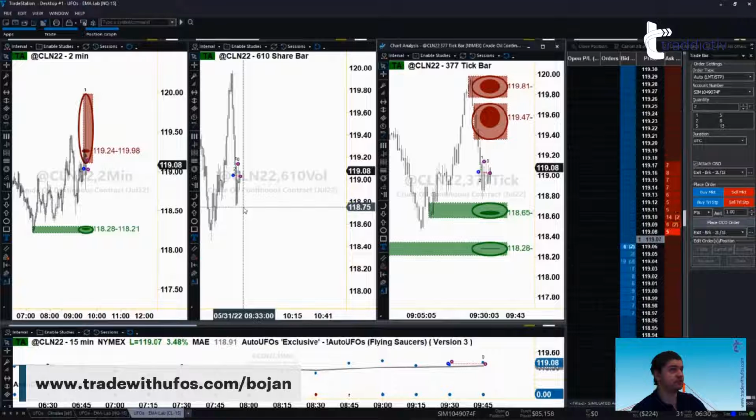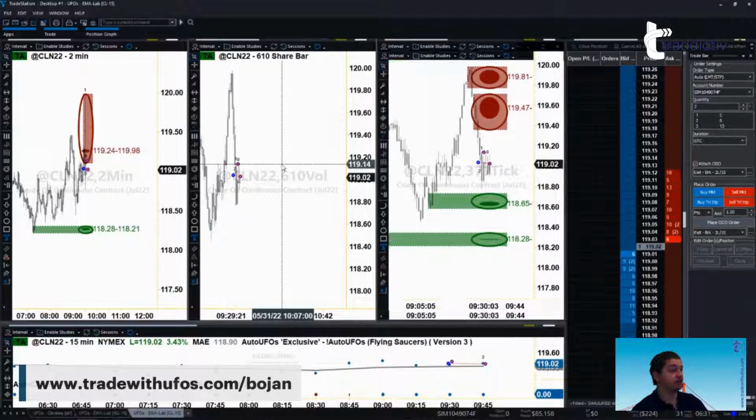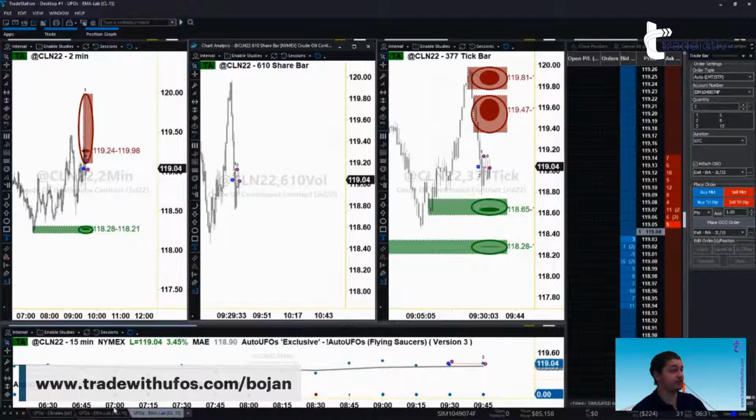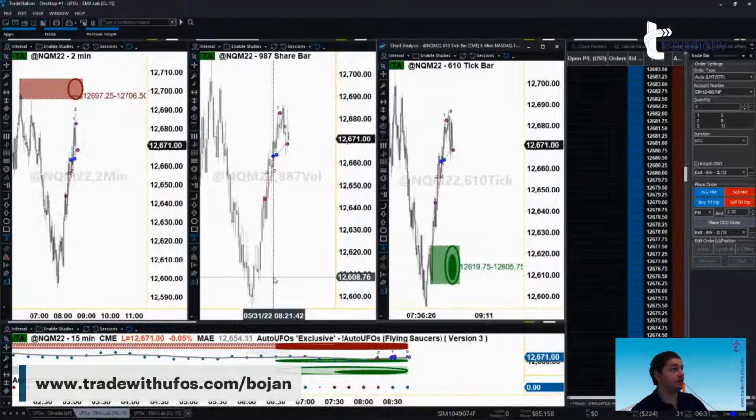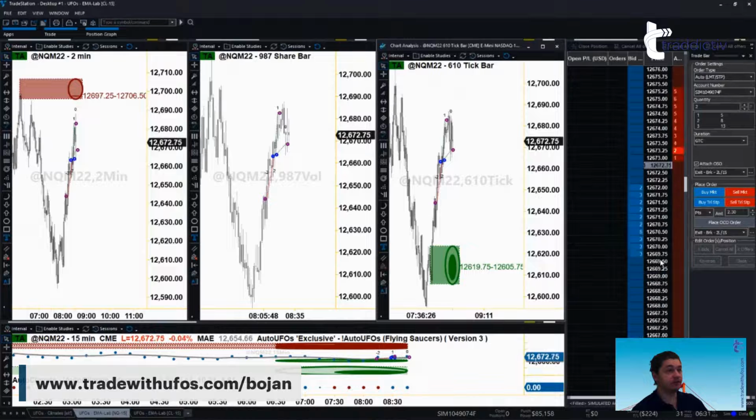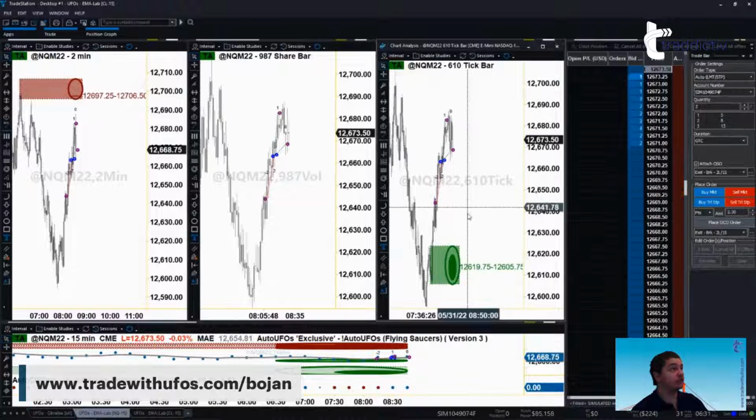And also, I didn't even screenshot this. That's not good. And then it pushed back up to our entry point, and right now is right around there. But unfortunately, I'm going to have to pass on this right now because I didn't trade it right. That was on me. That was a mistake. But hey, the Nasdaq trade was a winner.